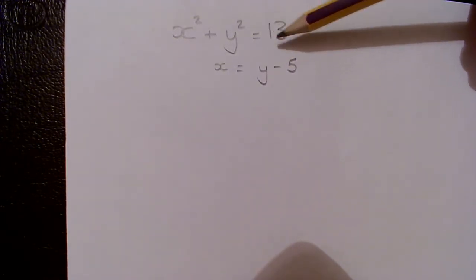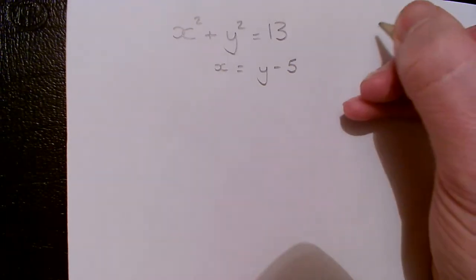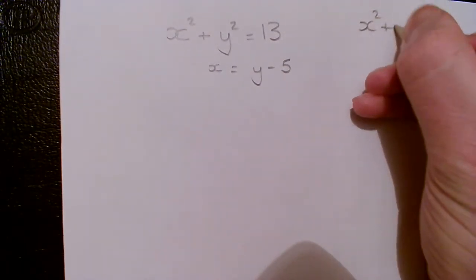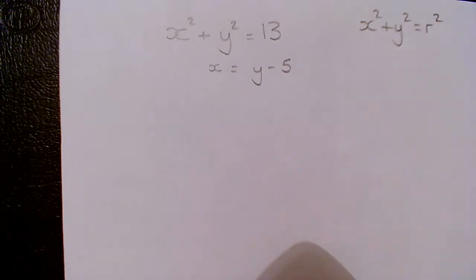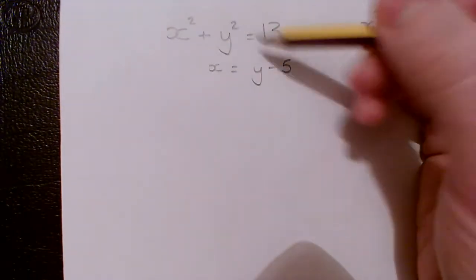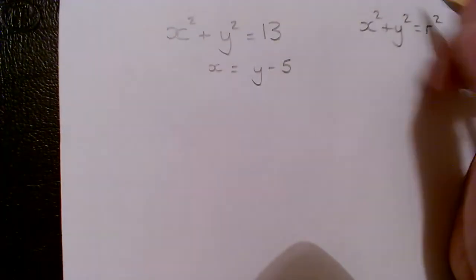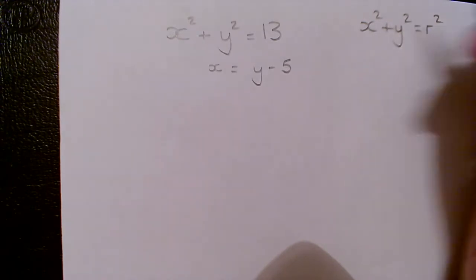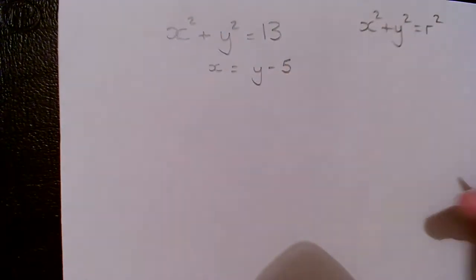So when you move on to do A level, you'll look at the equation of a circle as being x squared plus y squared equals r squared. It is something that you'll see at grade 9 as well, but you do explore it further at A level. So we know this one's a circle,